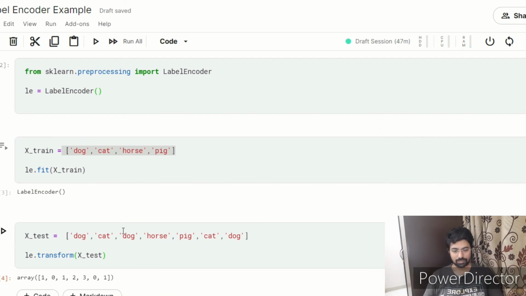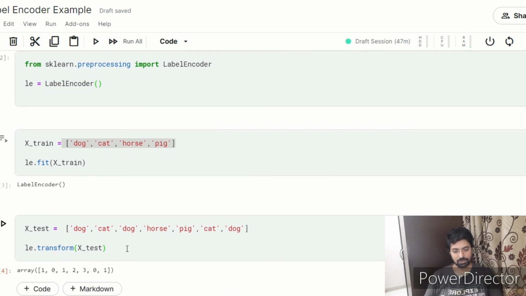Let us see how it transforms the data. So, you see 1 0 1 2 3 and 0 1. So, if you have 4 variants, it will give a number between 0 to n minus 1. So, 4 means 0 to 3, and wherever it has any